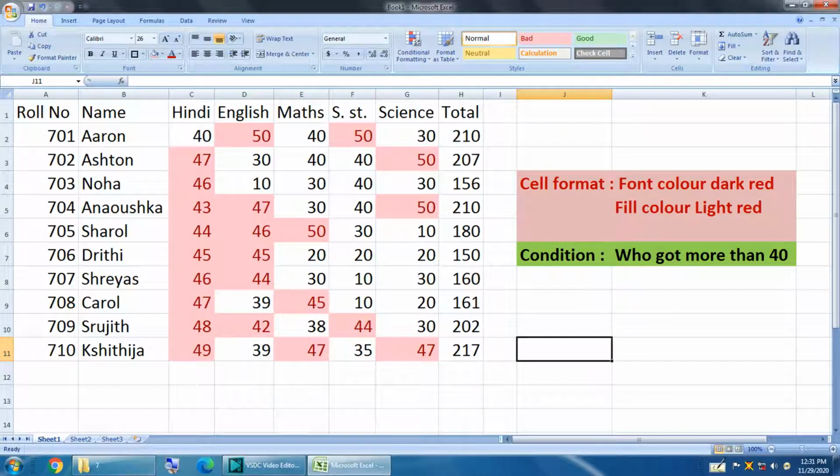What is the use of conditional formatting? Conditional formatting is a feature that allows us to set cell format according to conditions that we specify. Using this feature, we can make Excel display numbers in a particular color depending on whether they are greater than, equal to or less than a certain value. The conditional formatting command is in the Styles group of the Home tab.